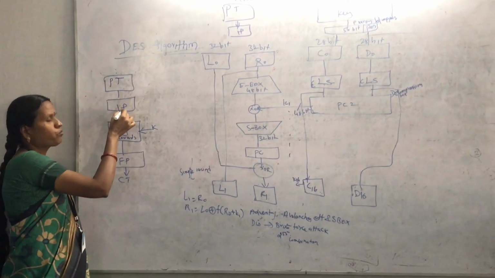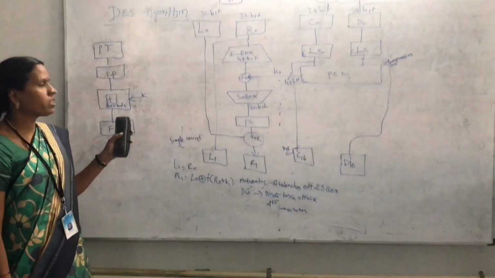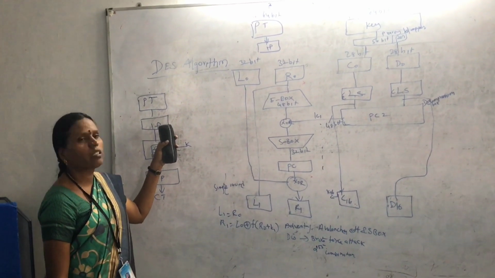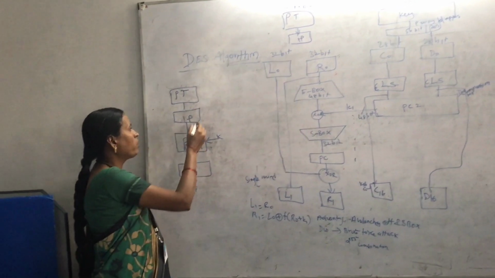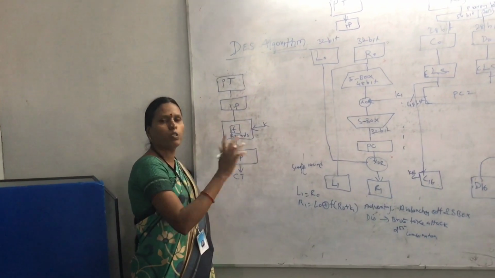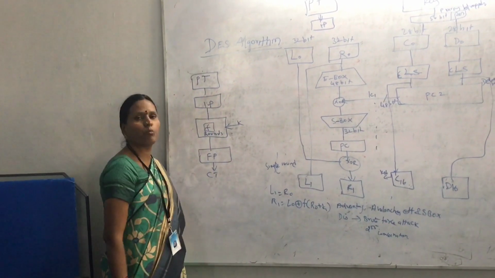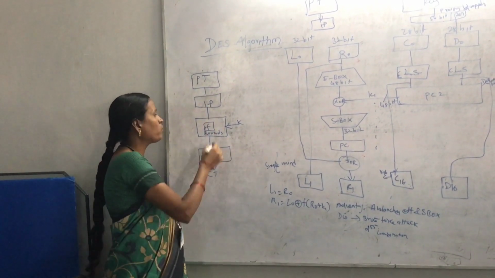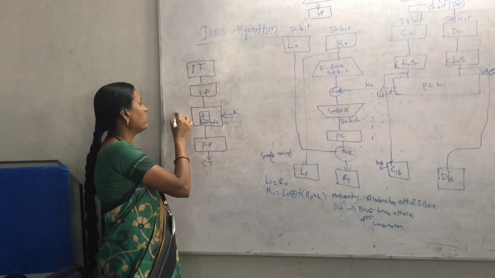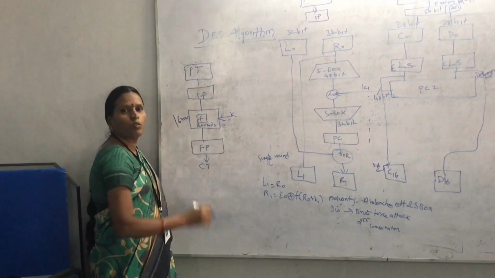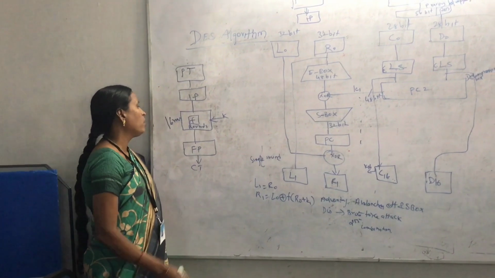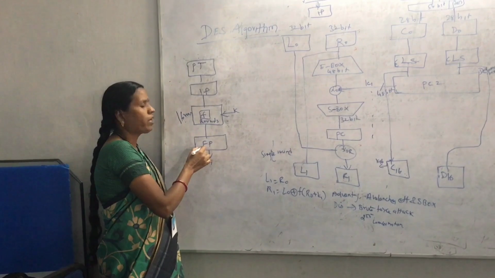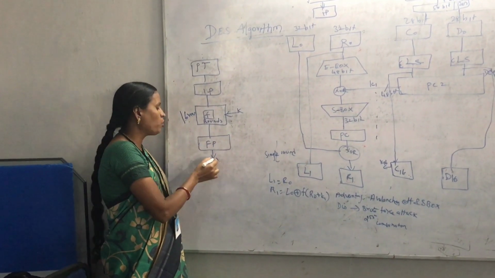The purpose of this initial permutation is to change the bit positions of the plain text, so that an attacker cannot easily reveal the data. For this confusion purpose, the bit positions of the plain text are changed using the permutation. Next we apply the functions: in the DES algorithm we perform 16 rounds to get the cipher text. After performing the 16 rounds, one more final permutation is applied, and then finally we get the cipher text.